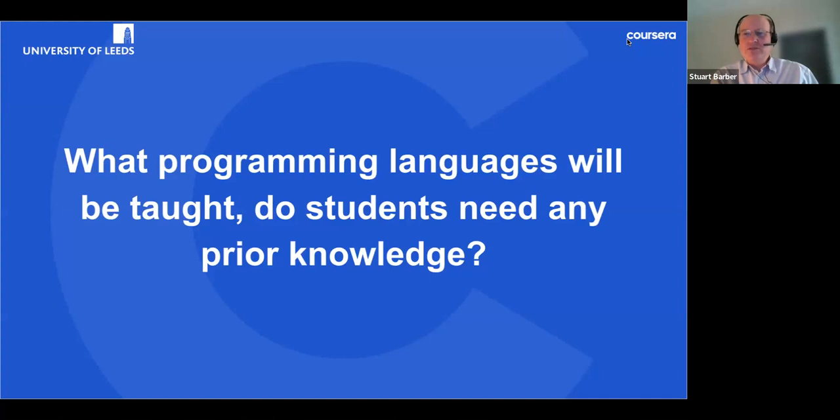Later on in the program, particularly when it comes to the project, you'll have, as it were, a relatively free choice, and whether to use Python or whether to use R for a particular task is something that you can choose according to which you're more comfortable with and which you think fits the task at hand better.